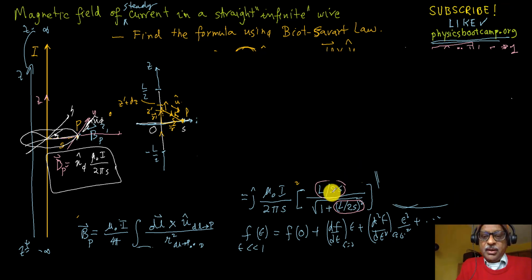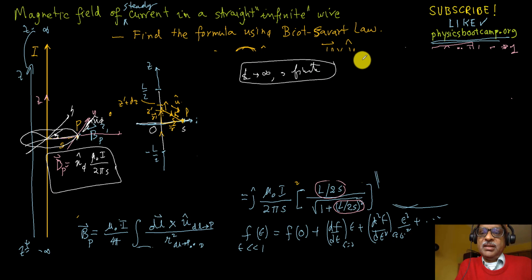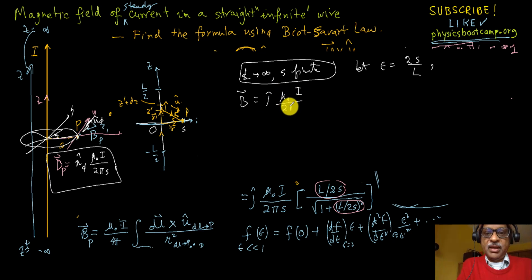Okay, so we want to take the limit where L goes to infinity, with s finite. Let epsilon equal 2s over L, because of the factor of 2 here. Then B, with s a finite, fixed number, will be j hat mu naught I over 2 pi s, and this thing will be 1